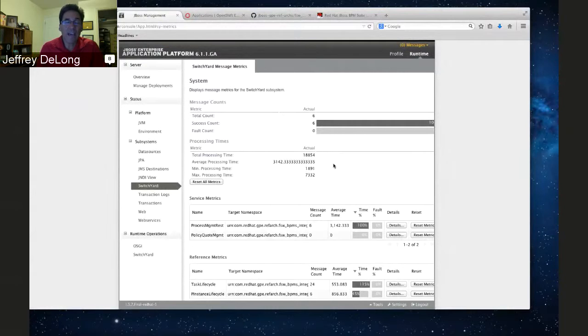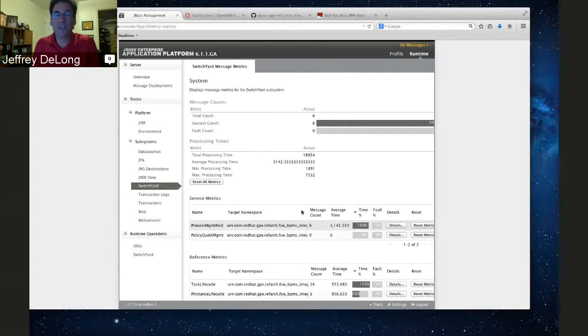That has to do with the fact that SwitchYard counts recycle back to 0 when you reboot the server. I ran a couple yesterday, and then when I started this morning, I rebooted my servers. And so my service metrics don't quite line up with the BAM metrics,